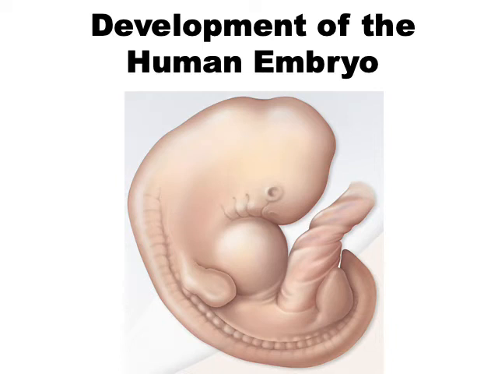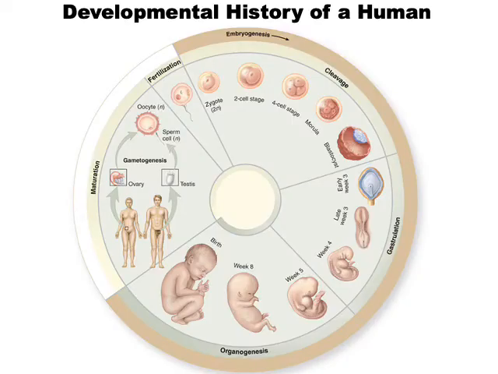Hello, we'll talk in this lecture about the development of the human embryo. The developmental history of a human embryo starts with the process of gametogenesis, where sperm or ova are produced. The sperm fertilize the ova in a process called fertilization, and then a process of cleavage takes place